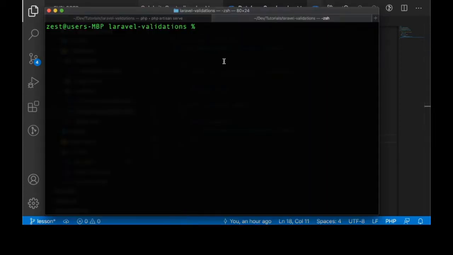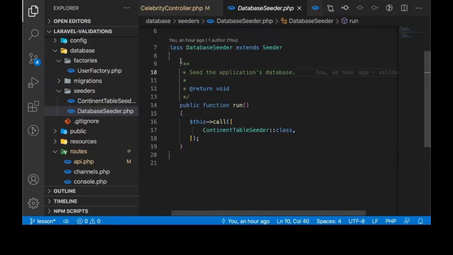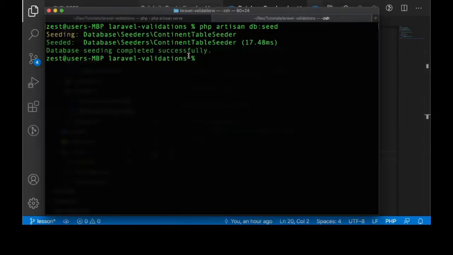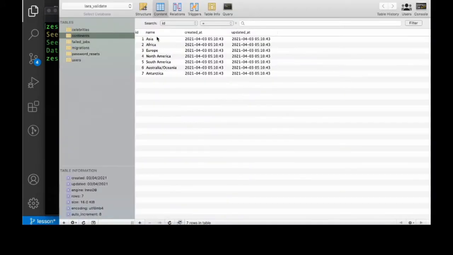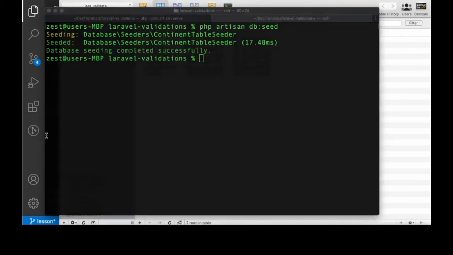and you head over to the terminal and run php artisan db seed. This will look into this file and call the seeder classes. If you now go to the database, the continents table, you should have the continents inserted. Alright,